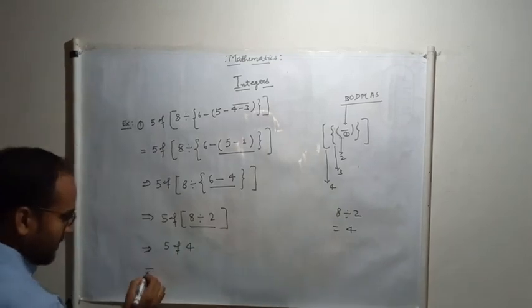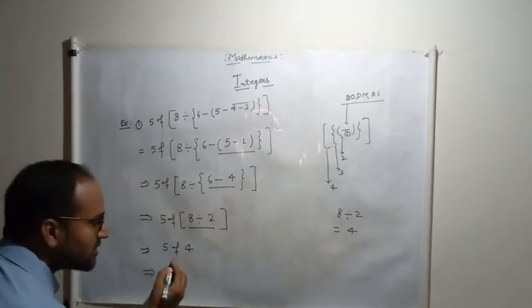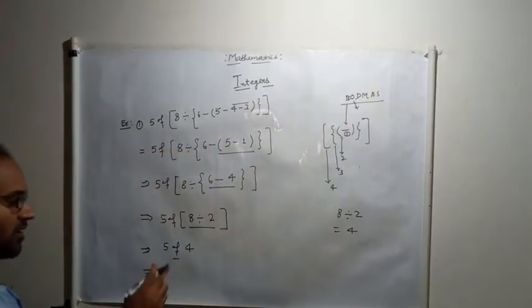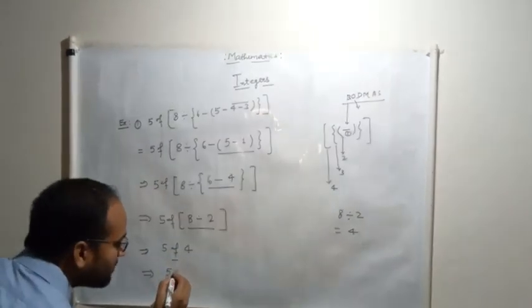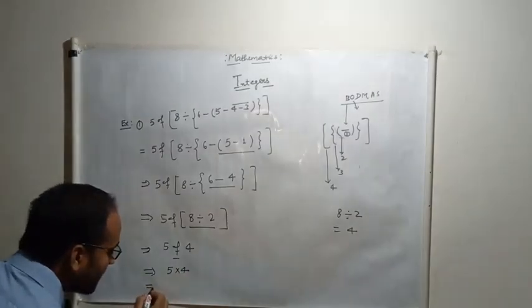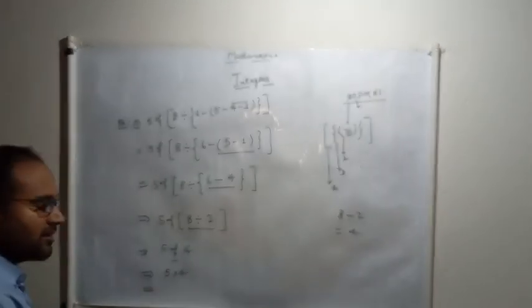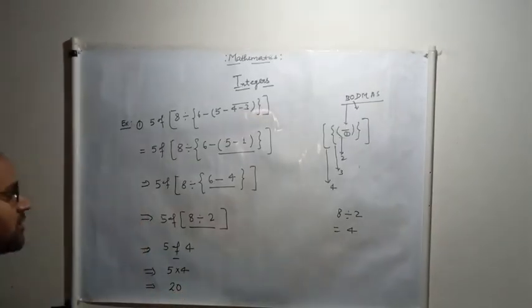So I am going to write 4 in place of this one. So 5 of, and you know that if we are going to solve this of, in the next step, of changes into multiplication. Of is multiplied by 4, what will you get? 4 of means you can directly write 20, or you can do one more step and write your result. 5 4s are 20. So your answer is 20 for this case.